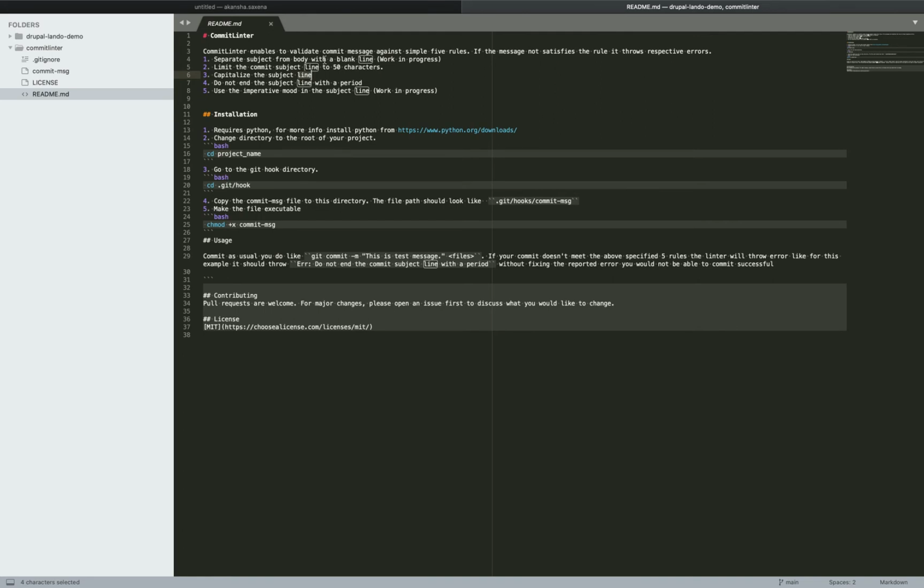Between the body and the subject line there should be a blank line. The subject line of the commit, the title of the commit, should not be more than 50 characters long. The first character should be capitalized, and the commit message should not end with a period, and should be in imperative form. Let's talk about these three only.